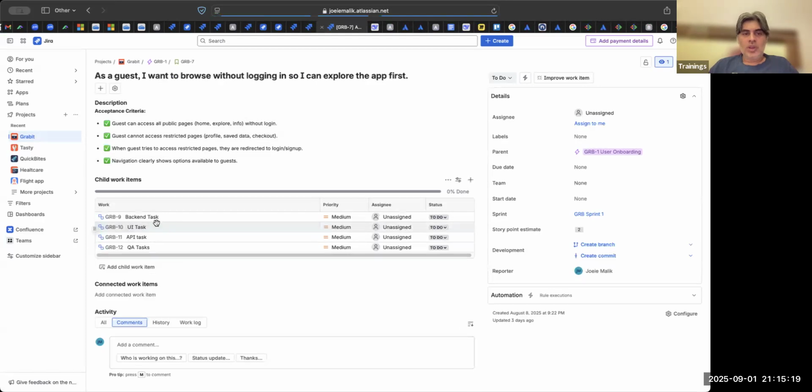Okay, yeah. So again, in this case, the backend guy says, I'm going to take just 2 hours. UI is a very simple UI. You just have to enable those pages. 2 hours. API is 1 or 2 hours. QA is a 2-hour thing. So we can easily say this is an 8 to 10 hour activity, which is like 2 story points. So this is the way you can use story points, and a lot of organizations will insist on this.